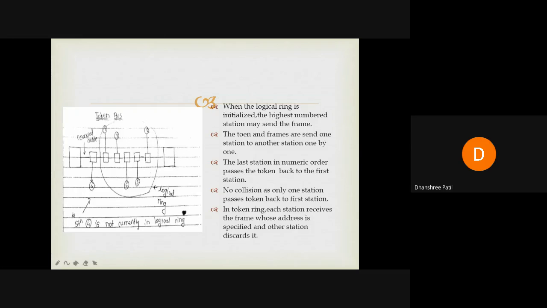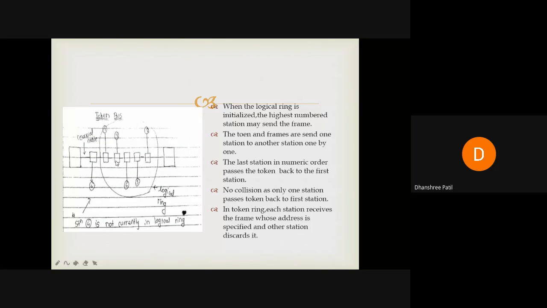Okay. Now, in case of the token bus, no collision will occur. The reason is that unless and until a station has the token, that station will not send a frame. And at a time, only one station will have a token with it.